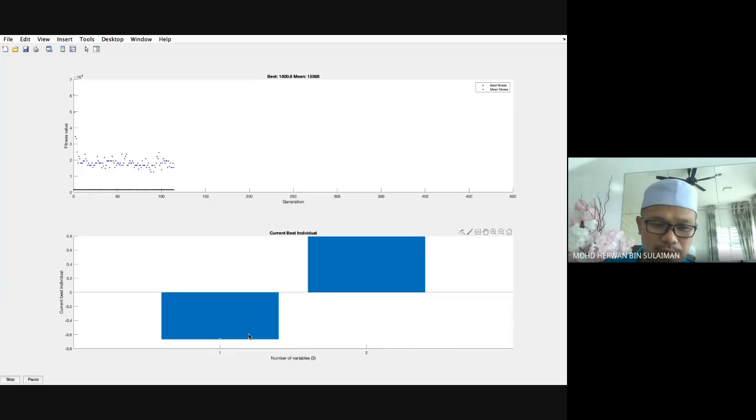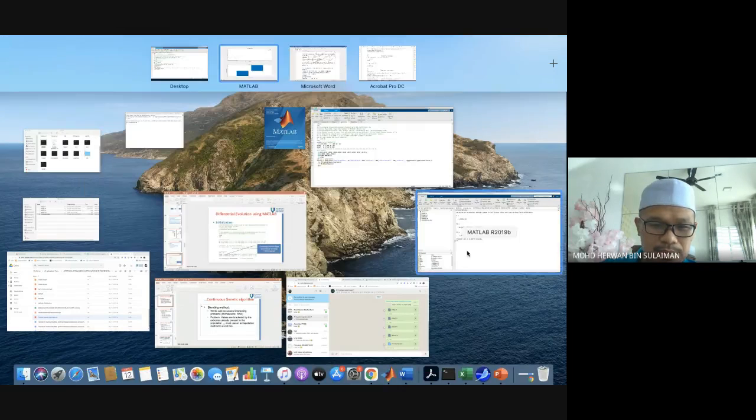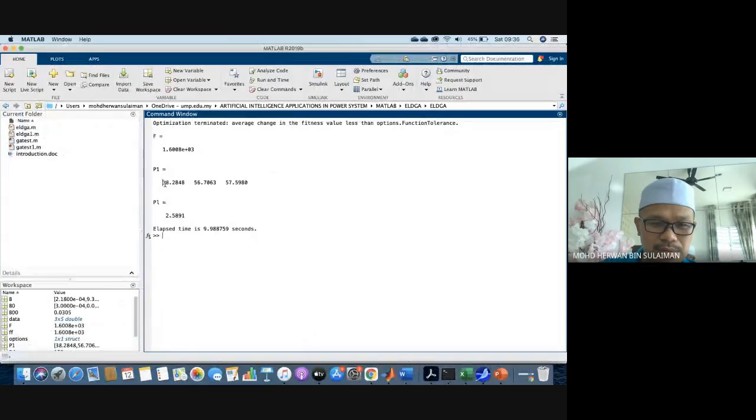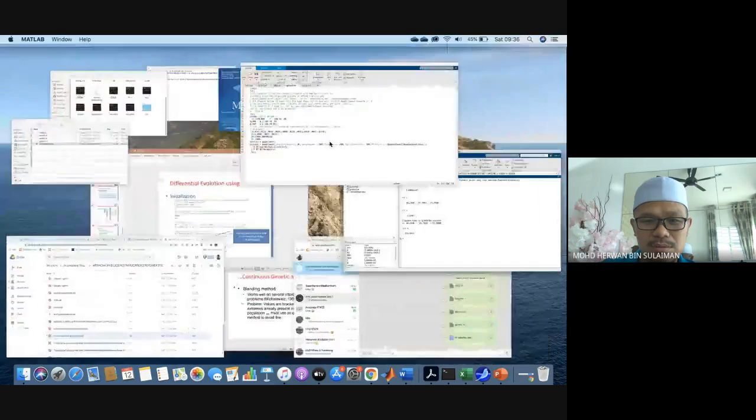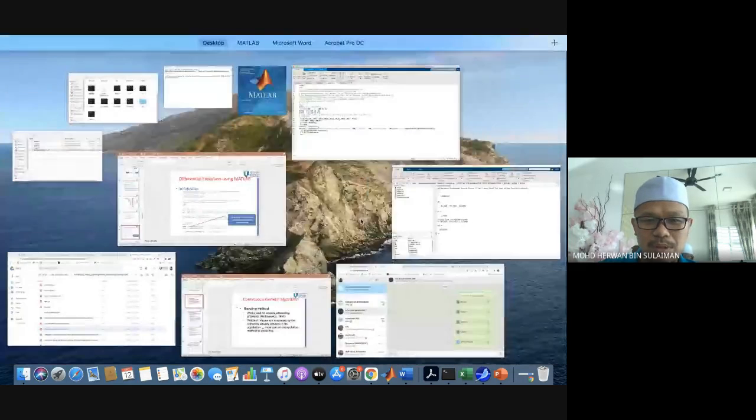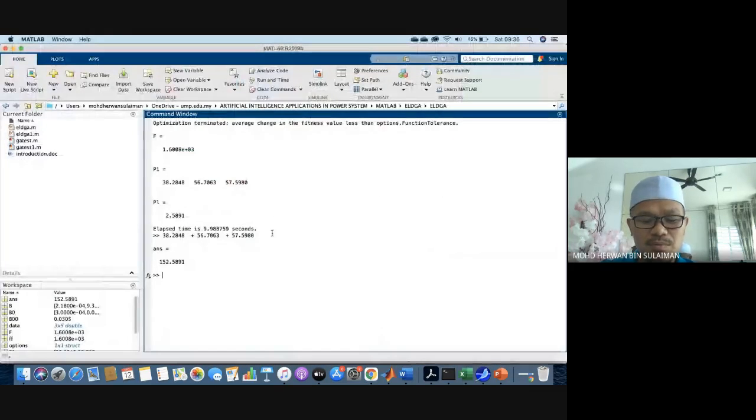Something is wrong here because it's negative, but never mind. So let's sum this thing. $150. Tadi kita buat berapa? 200. Tak dapat agak ni. So this is the problem when you do the toolbox. Sometimes you cannot get the answer. This is wrong. Suppose